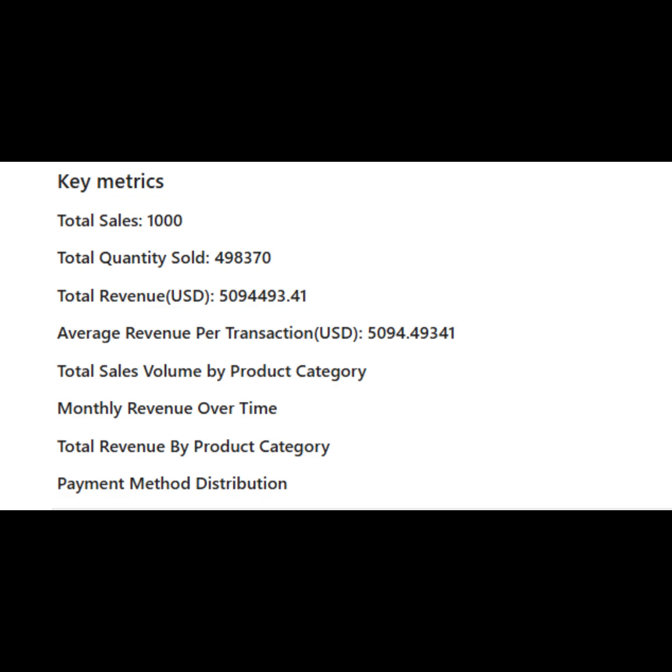The average revenue per transaction in USD as well is 5,094.49341. Then we'll proceed to the total sales volume by product category. That's another key financial metric that we'll be looking at. What this measures is the number of sales within each product category. The importance of this is that it reveals the product categories that are performing the best in terms of